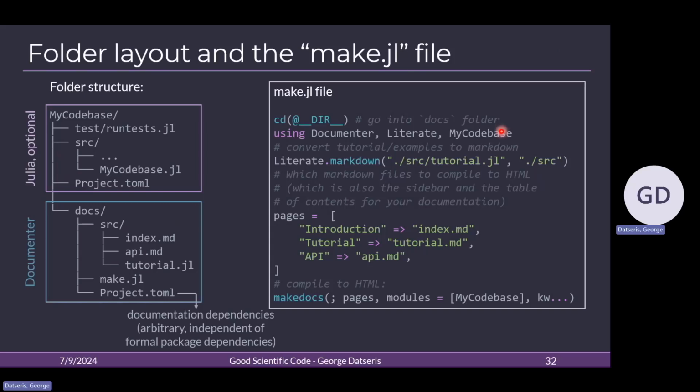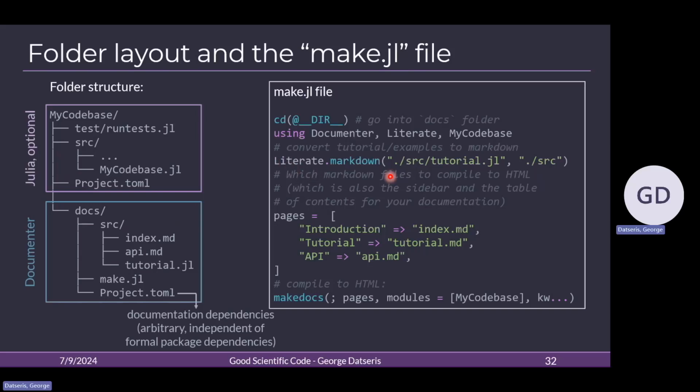Now, I realize that there is something missing in this file because it is created in the deployment. As you can see, nowhere in this file am I activating this project.toml. So you have to fix that. I'm sorry about that. Here at the start, there should be using Pkg, the Julia package manager, and then Pkg.activate at dir, so that it activates this project so that it can find all these packages. Of course, the dependencies for building your docs will almost certainly have Documenter and Literate as dependencies, because guess what, you're using them. Then there is whatever other package you use.